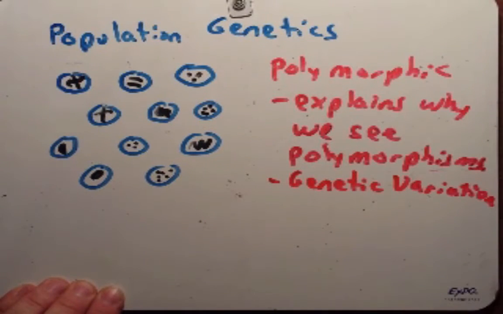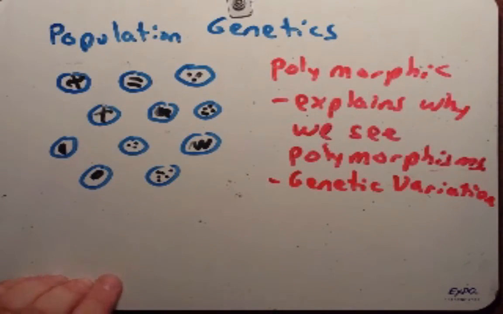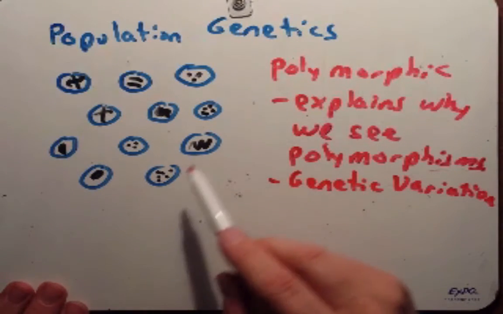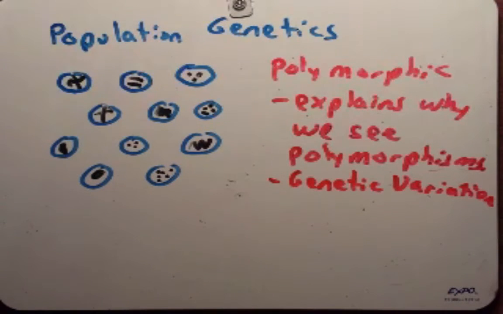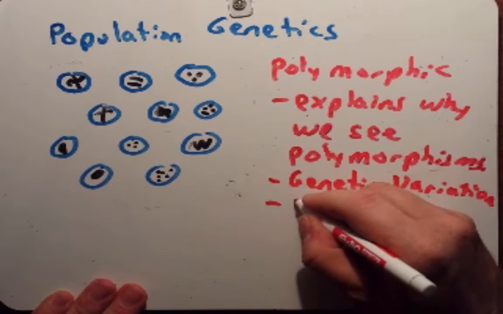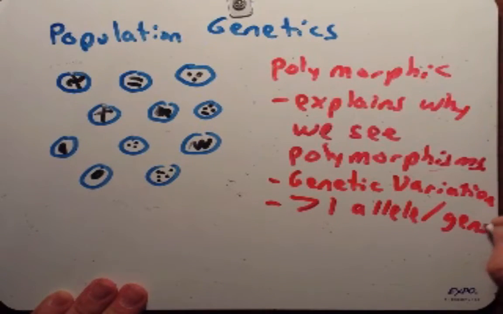Now, we just spent the whole semester talking about mutations and the effects of those mutations and other aspects. So this is not shocking news to you, I'm sure, that the reason we see different patterns is because there are certain genes that exist in different alleles. What's interesting is there appears to be no competitive advantage to these because we do see in roughly equal numbers of different kinds of varieties here. When we talk about genetic variations, what we're saying is that there's greater than one allele per gene within this